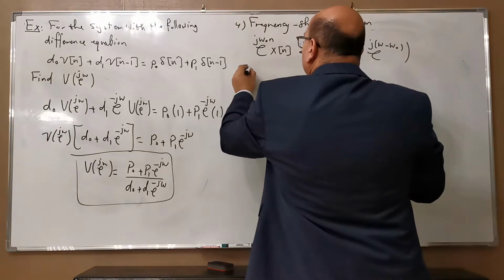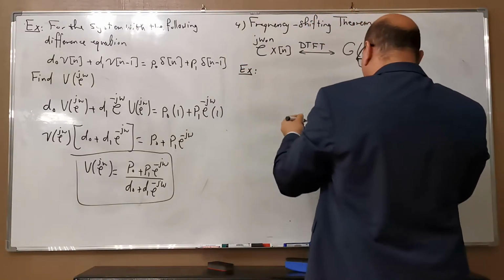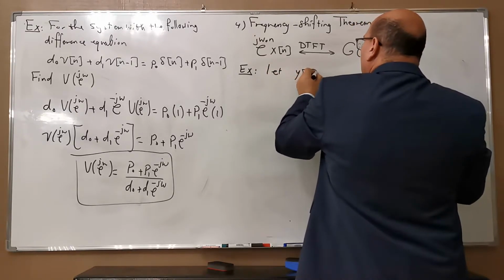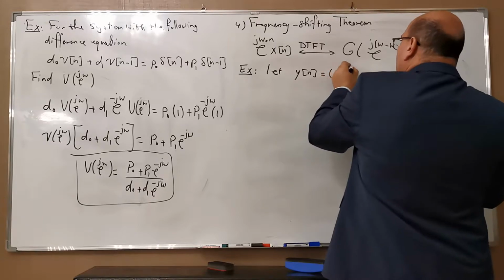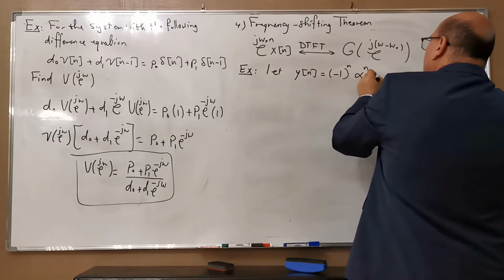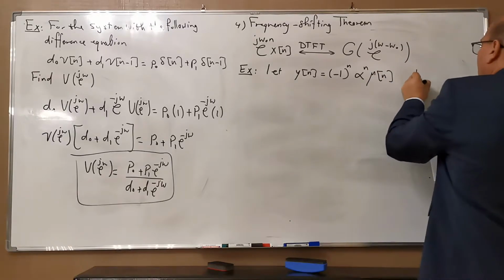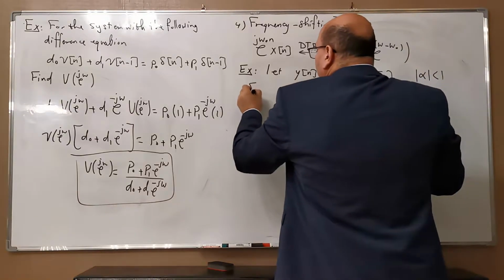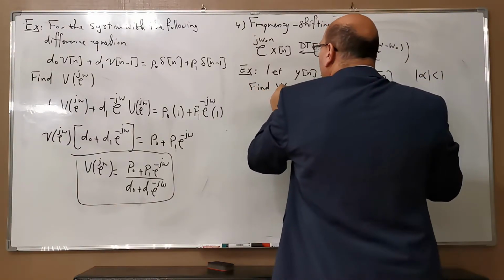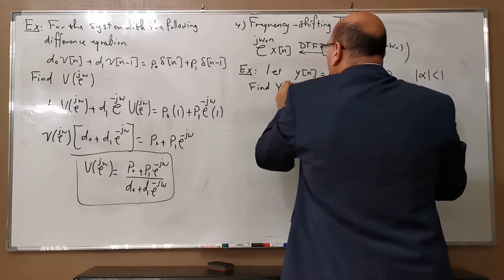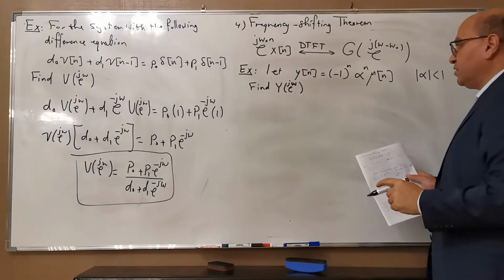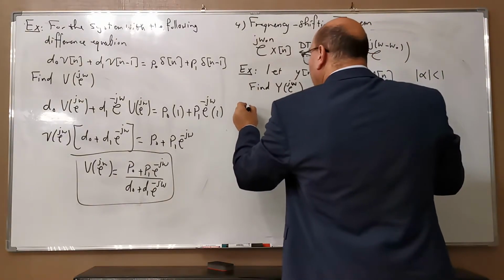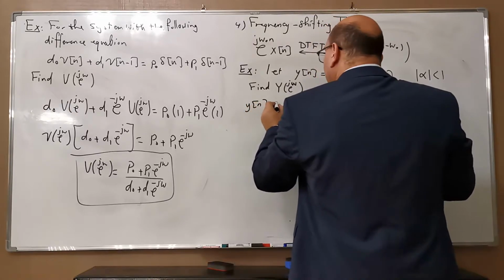Let's have an example, although it's not very typical, but we will take it anyway. Let y of n be equal to minus 1 to the power n, alpha to the n, mu of n, where the magnitude of alpha is less than 1. And we need to find Y of e to the j omega, the DTFT of y of n. Okay, as a solution, y of n can be expressed as